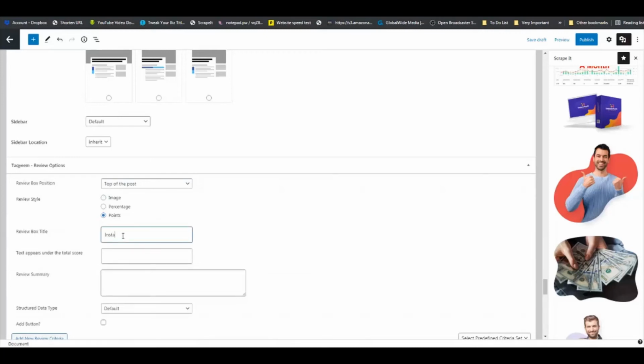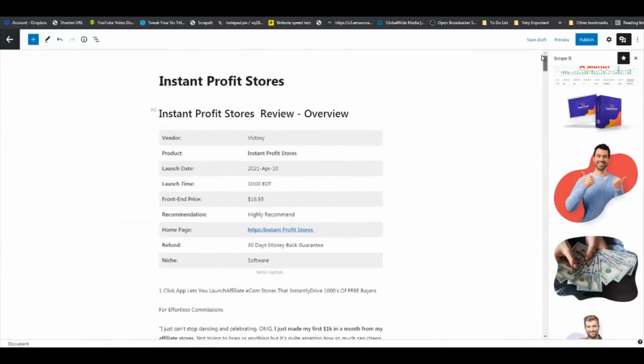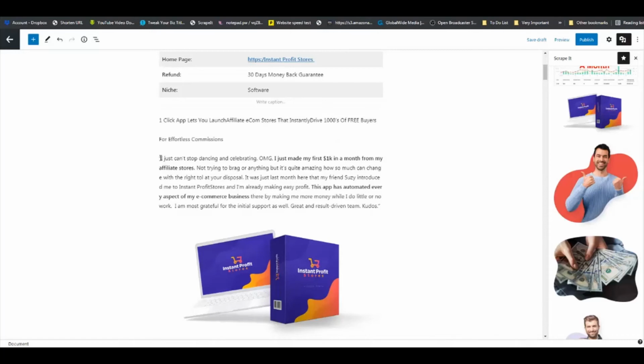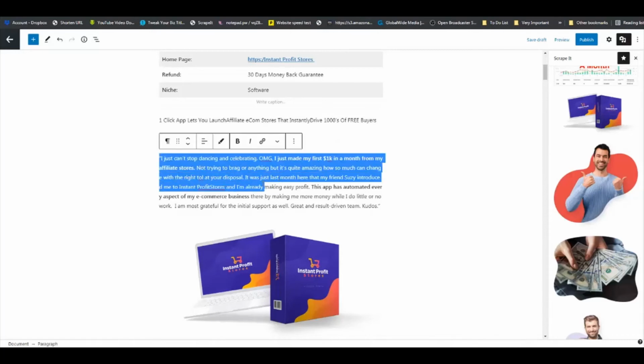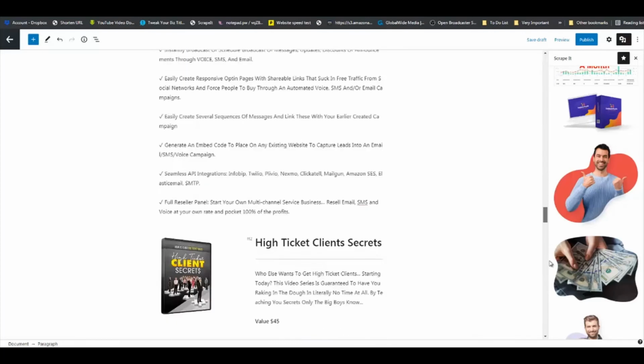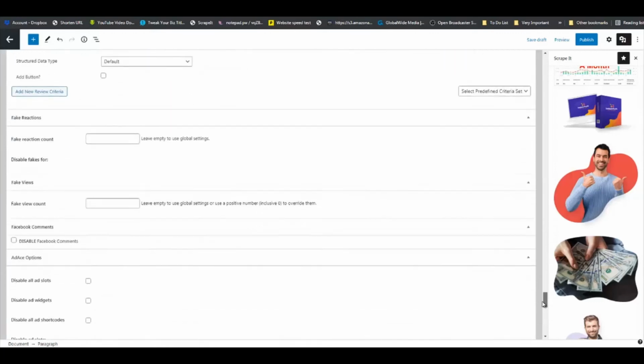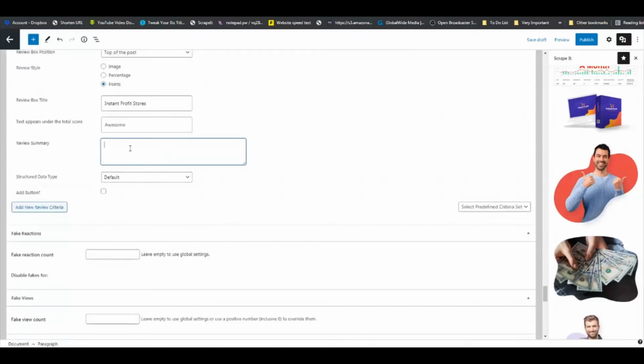instant profit stores, I'm going to put awesome here, and then for review summary, all you have to do is just go back to the top. You grab some text. I'm going to just grab some of this right here, copy it, come back down to the bottom of the page, paste that in there,